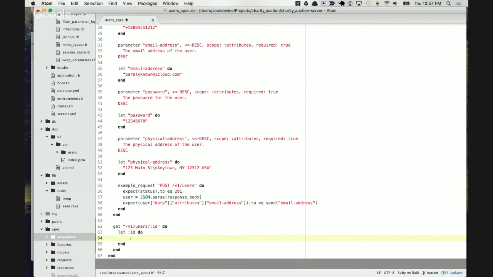Now here I'm going to create an instance using our factory, and then we'll get that instance. So I'm going to say persisted user, and I'll use this later, just because sometimes we're going to need an attribute called user,